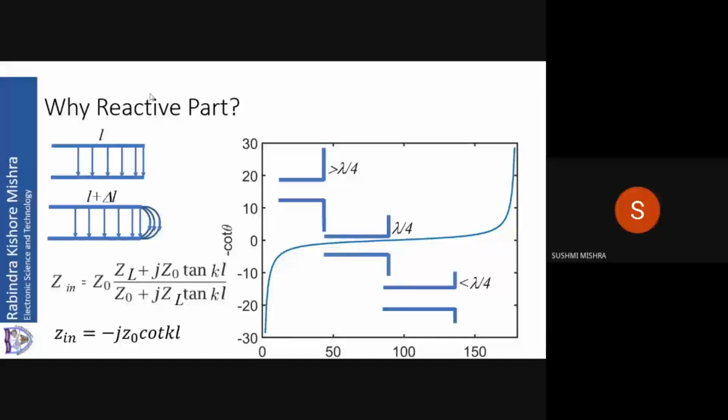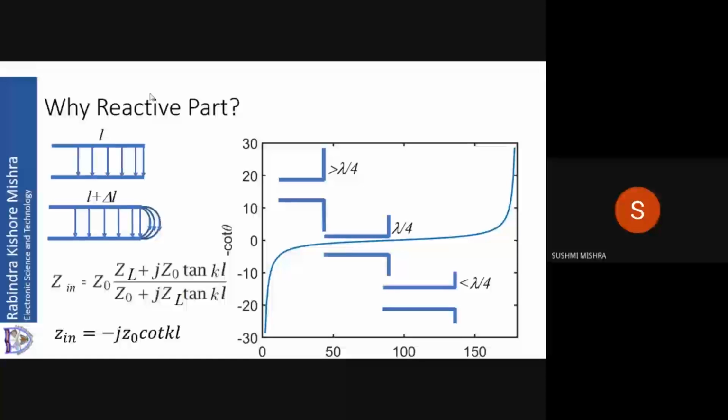Now, what we see here is, in the top, we are considering the electric fields coming from the top to bottom, from plus to minus. Right? Electric fields are distributed that way, and they end at the open end of the transmission line. In fact, that is not a correct assumption. Why is it not a correct assumption?